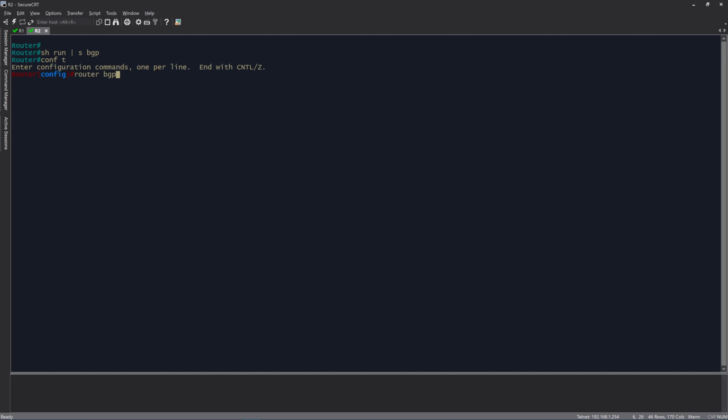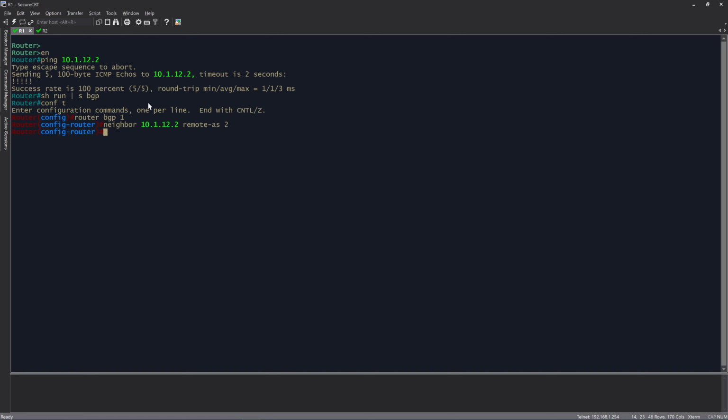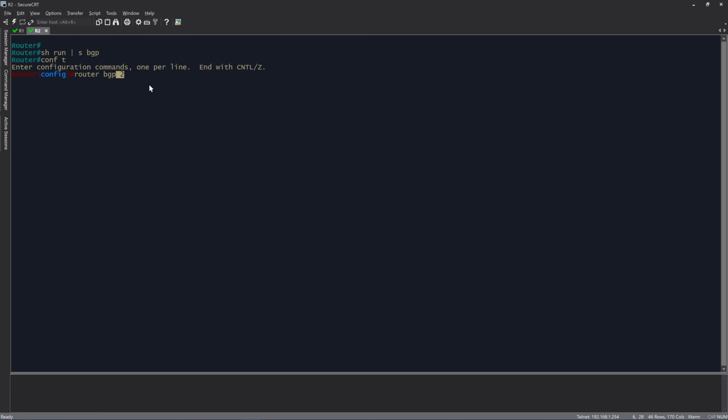This is router BGP autonomous system number 2. The important thing is that the autonomous system configured here needs to match with the one configured here. If I mismatch those two, I will never have the adjacency come up. So the neighbor IP address